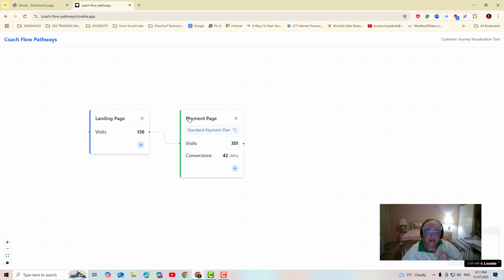So this is where people are going to, once they've looked at your landing page and they go, I want to attend this, they're going to click a hot button, like click here, join now, register now, and they're going to be taken to what is called a checkout page or a registration page. And in there, that's where they put their details, my name, my email address,